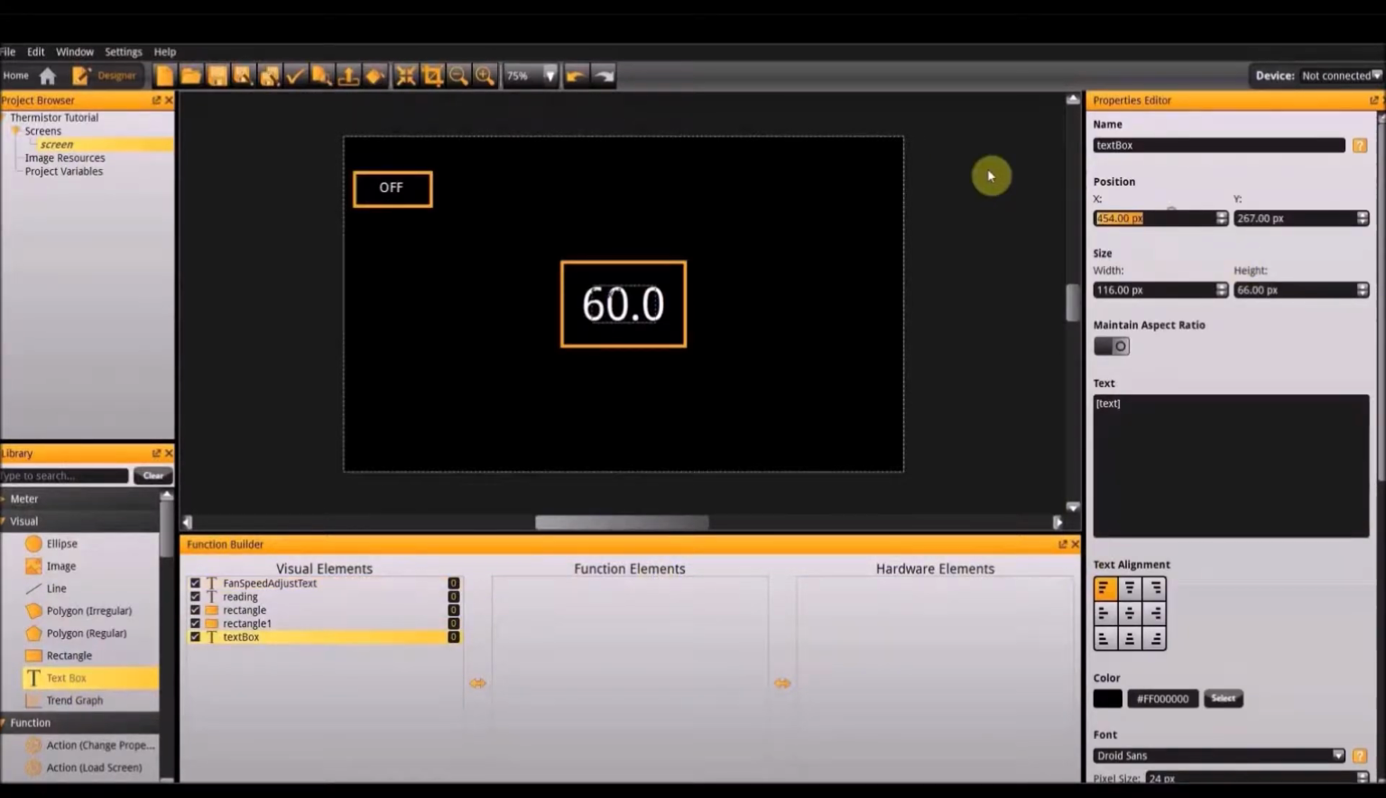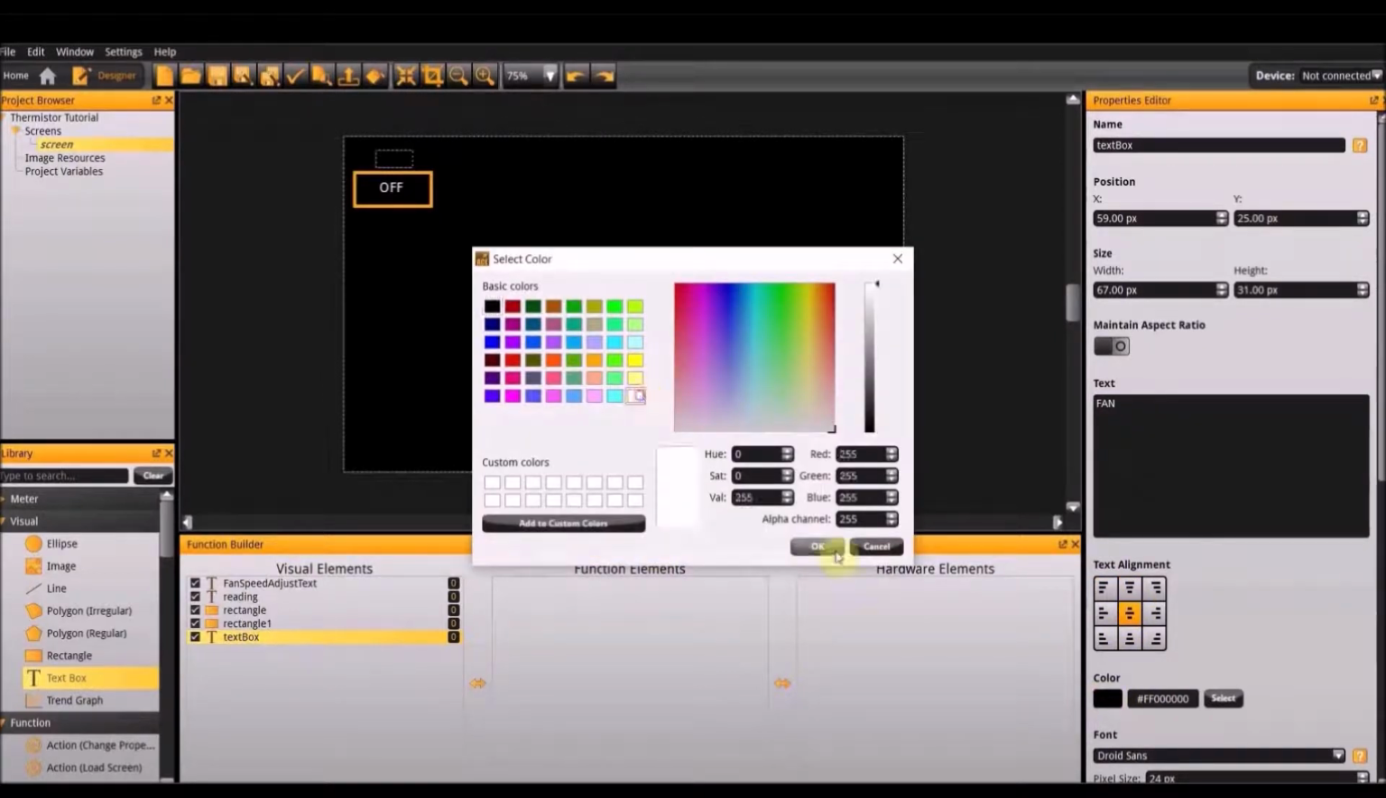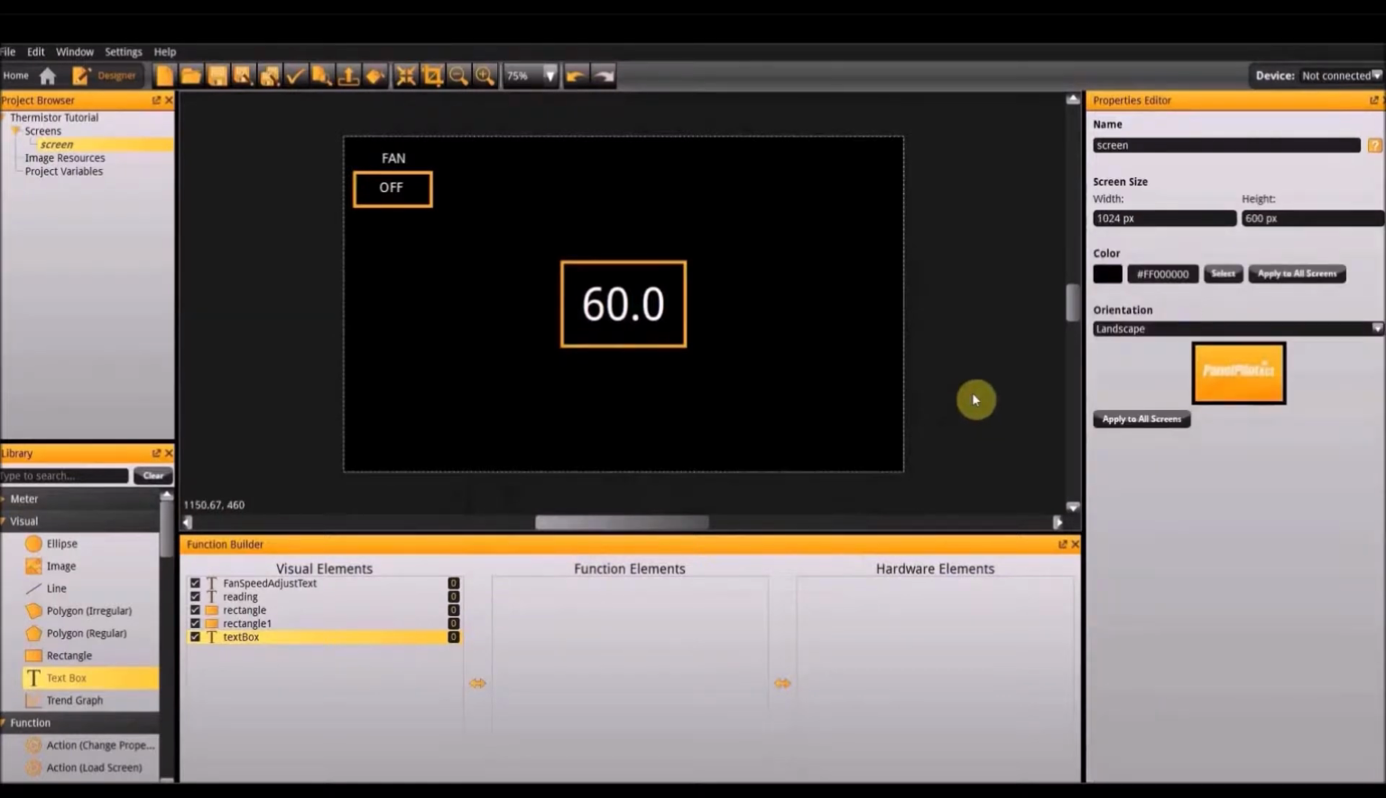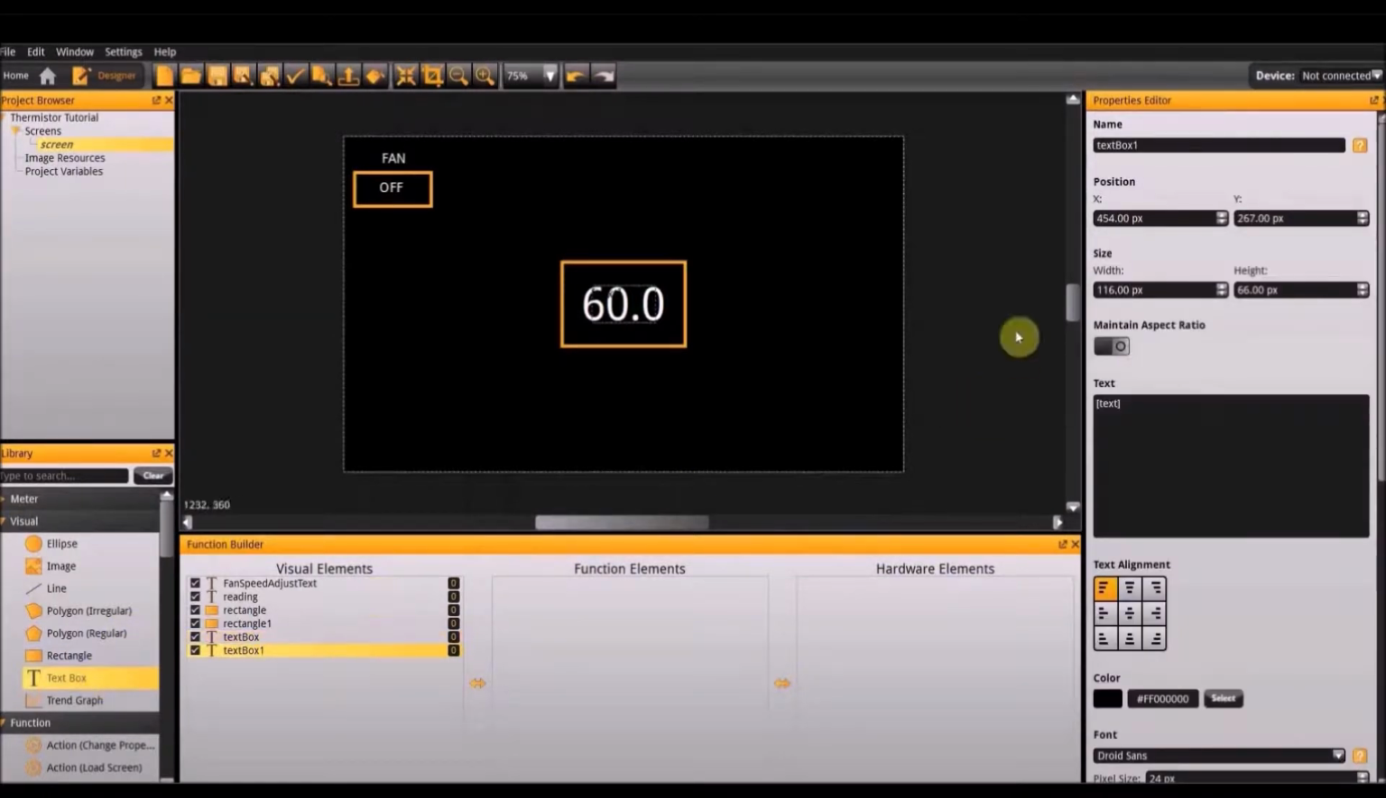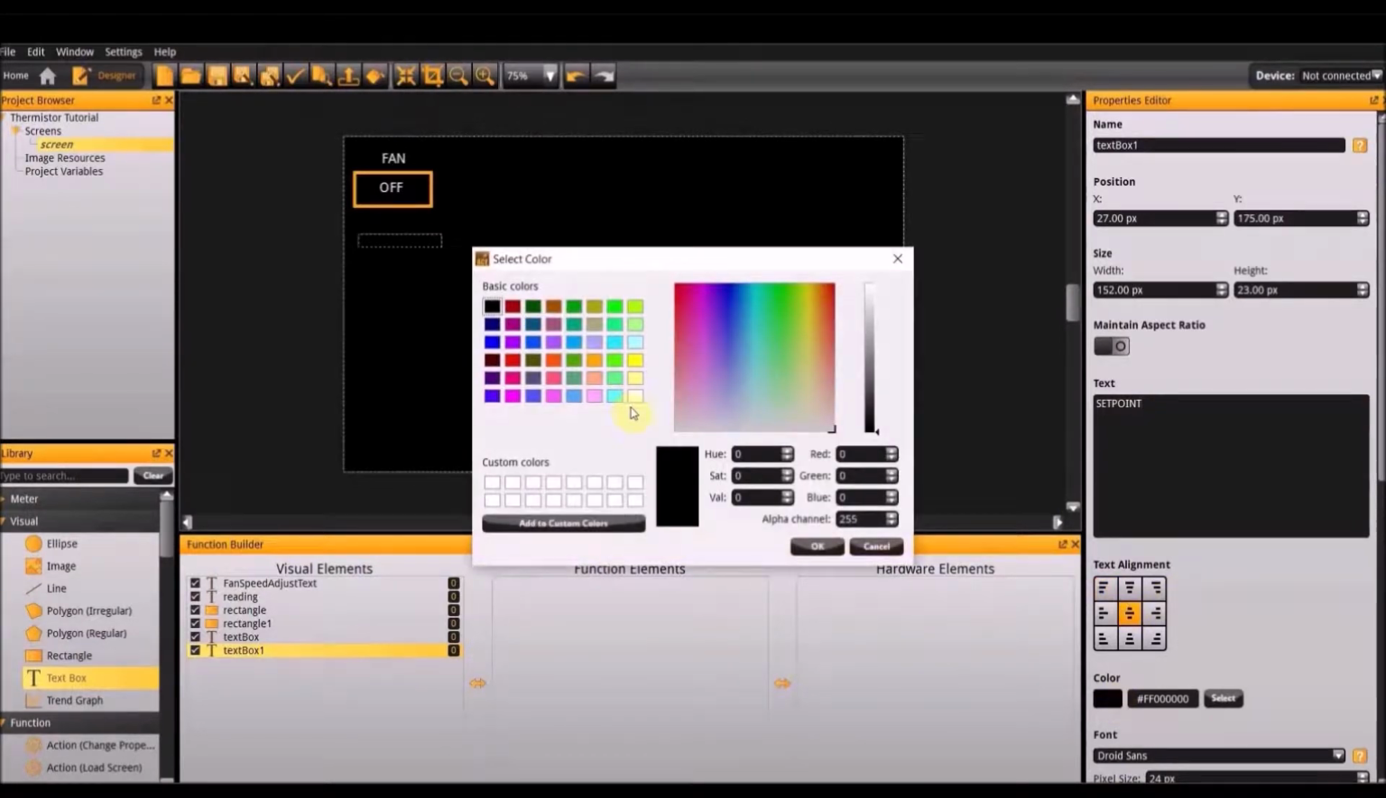Add another text box. Make the position 59 by 25 and the width 67 by 31. Make the text Fan. Center it. Make the color white. Add another text box. Make the position 27 by 175 and the width 152 by 23. Make the text Set Point. Center it, make the color white,